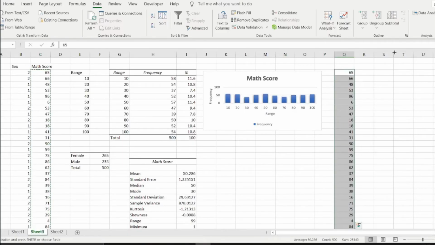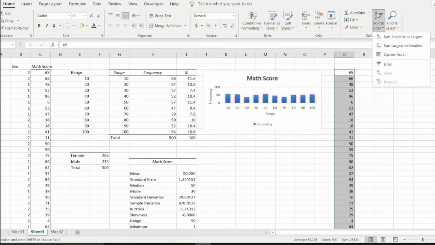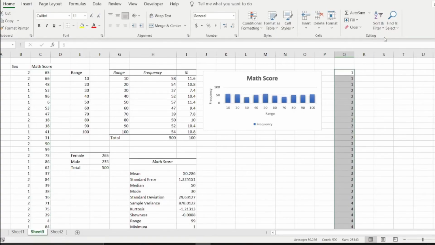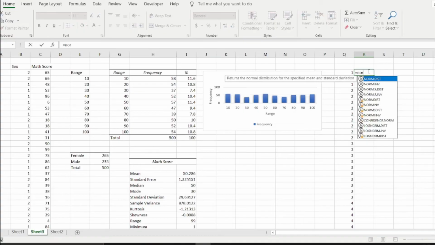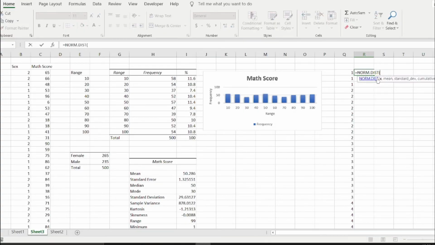You go to home and then sort smallest to highest, all right? Then what you're going to do is type equals NORM.DIST, and then x is simply the first item here, and then